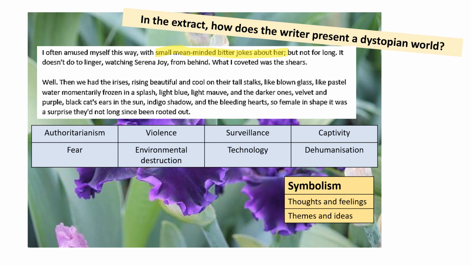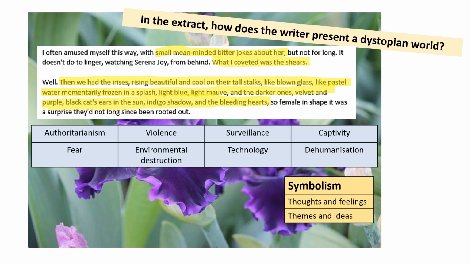First of all, we get a glimpse, don't we, into June's thoughts and feelings. Serena Joy is one of the people who keeps her captive and forces this life upon her. And so it's not surprising to us that she resents her. On the surface, she's respectful to her, but latent beneath the surface is this hatred, this resentment. What June really wants is the shears. She wants a weapon that she can use on Serena Joy in order to get her revenge on the people who've tortured her, but also to make her escape from her captivity.